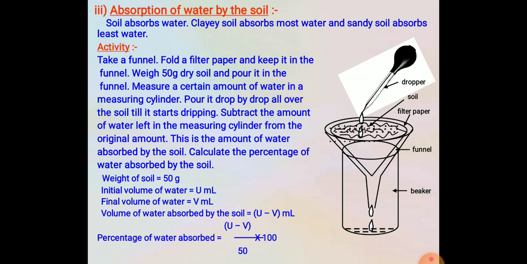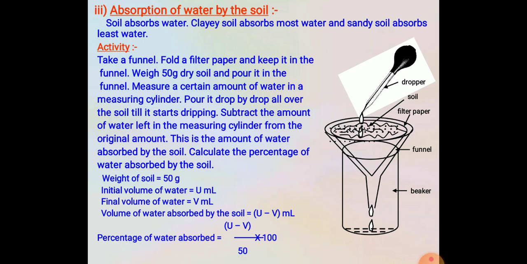After the whole water has dripped out, if we measure the amount of water in the beaker, it is different from the amount of water which we poured in the soil. The amount collected in the beaker will always be less than the amount of water which we poured inside the soil. So this shows that some of the water gets held in the soil. That means soil can absorb water. We can also calculate the percentage of water absorbed.